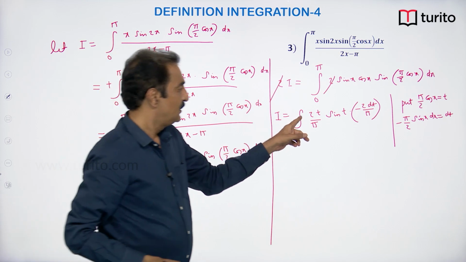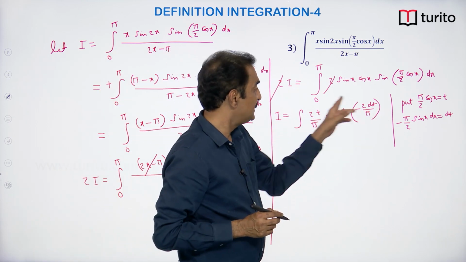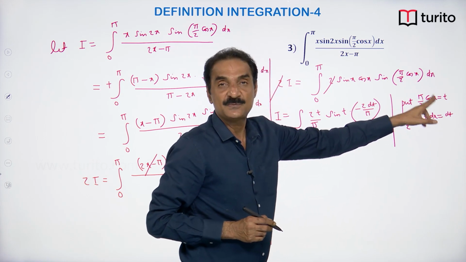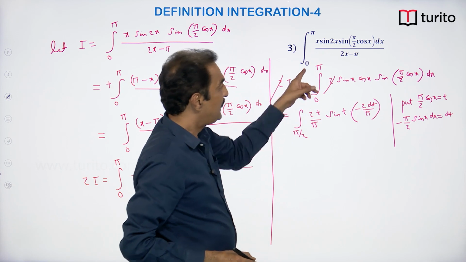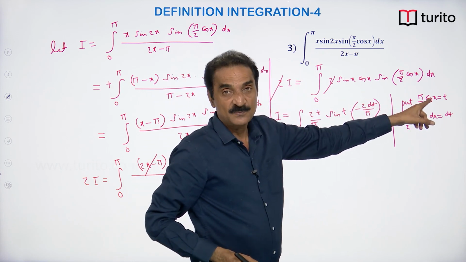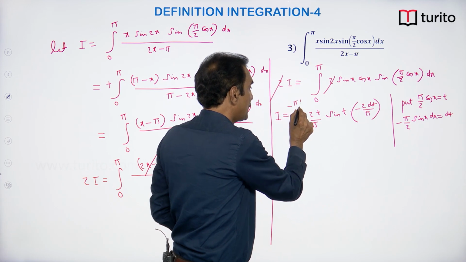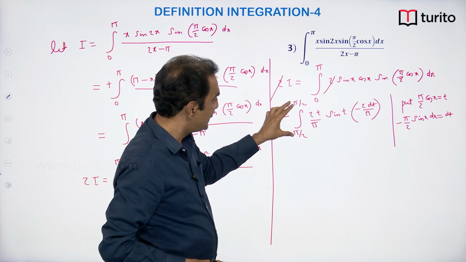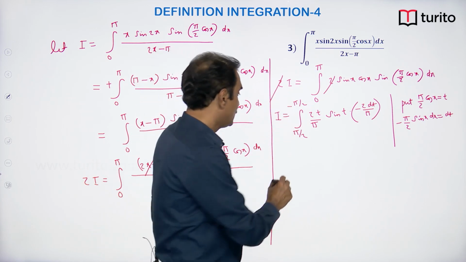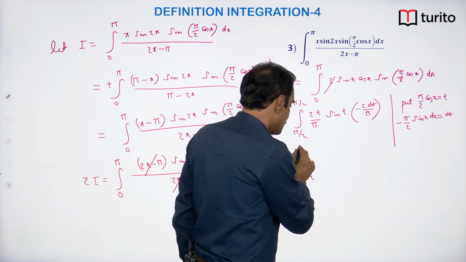Now limits, what are the limits? New limits are, if x is equal to 0, t is pi by 2. If x is equal to pi, cos pi is minus 1, so t will be minus pi by 2. Now we can remove this minus sign and interchange the limits. It becomes minus pi by 2 to pi by 2,